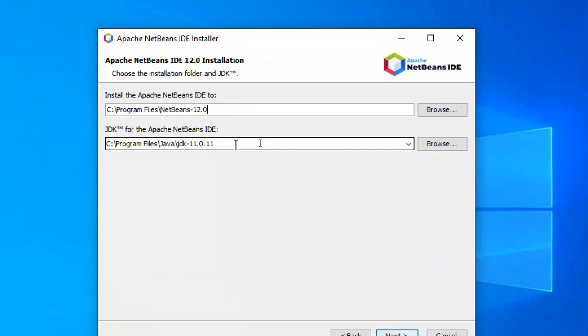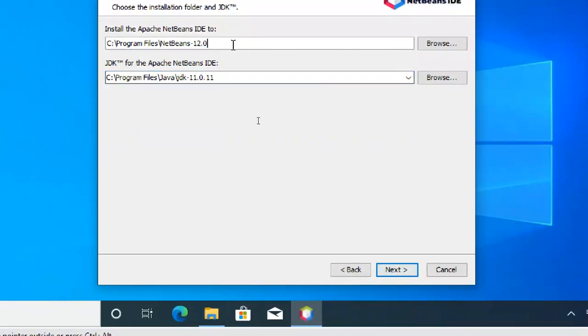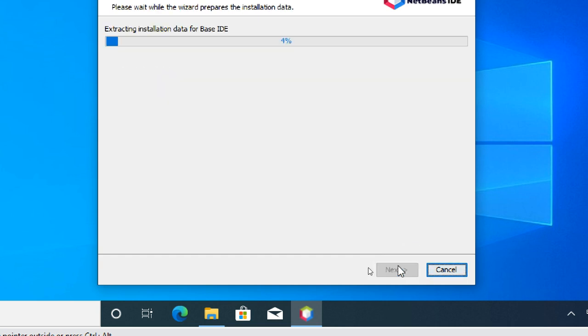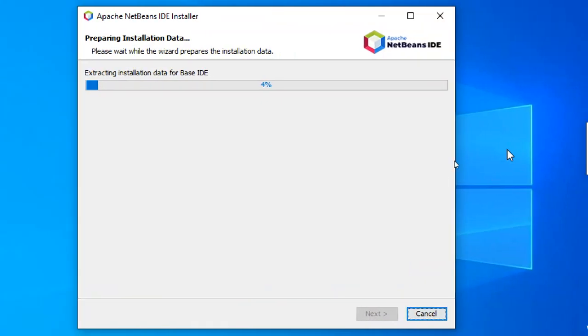License agreement. So again, see, it automatically detected our Java. It won't install Java. It detects Java in the PC. If it is unable to detect, it won't install also. Okay, this is the location of NetBeans. It is asking for check for updates. If you uncheck it also, no problem. If you check it, it automatically updates. Whenever you open, it will take time to check the updates and all. It is because it's a free kind of stuff, for non-commercial purposes only. All these things.